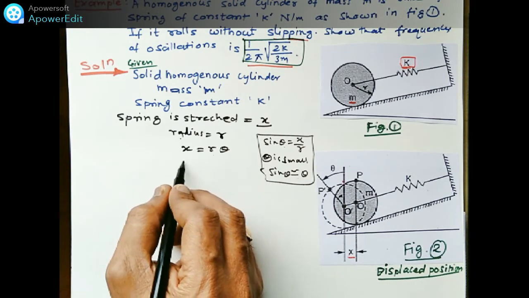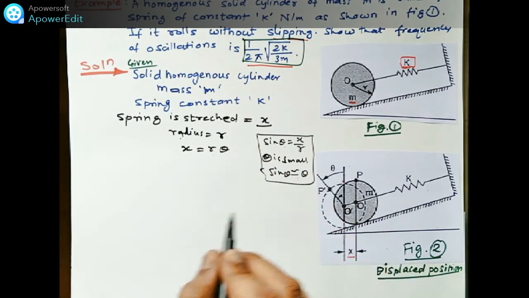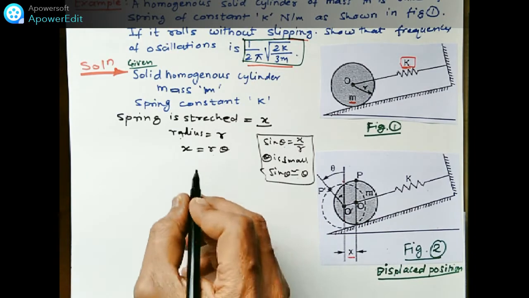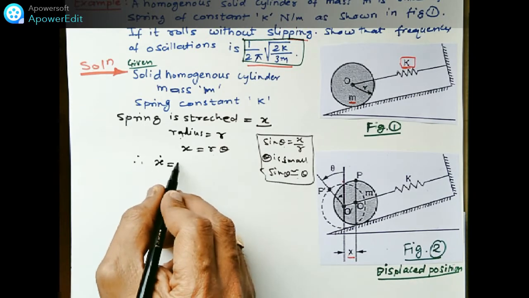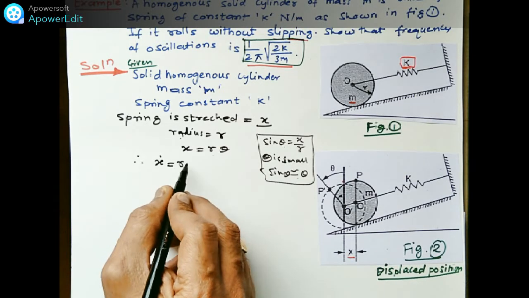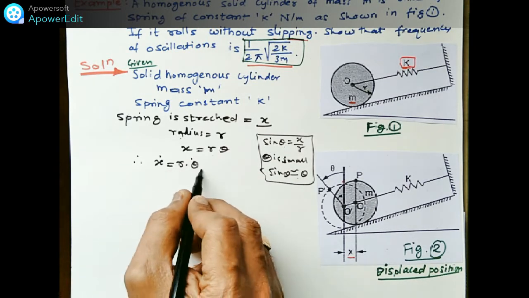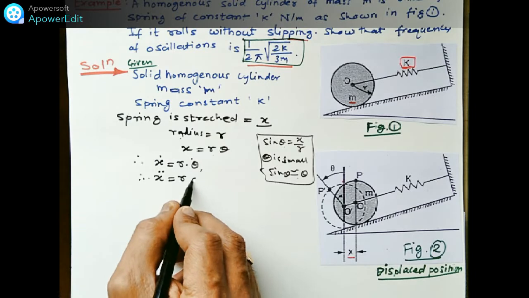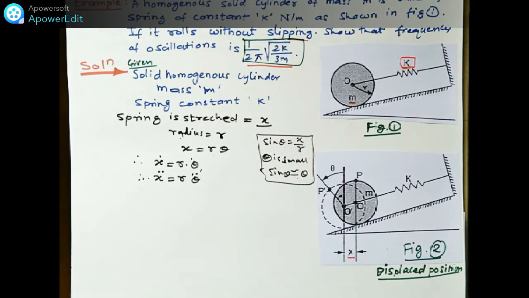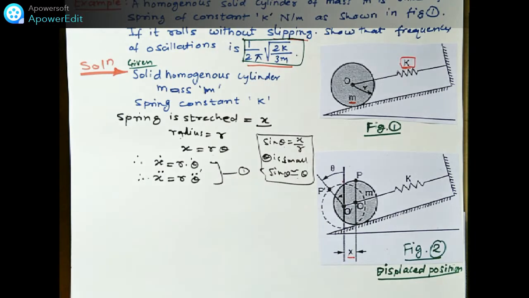In this case x is the displacement and theta is the rotary motion, rotated parallelly. Differentiating, x dot is the velocity. We can write it like this because x is the linear displacement and theta is the angular displacement. So x dot is equal to r theta dot. We write these relations as equation 1.